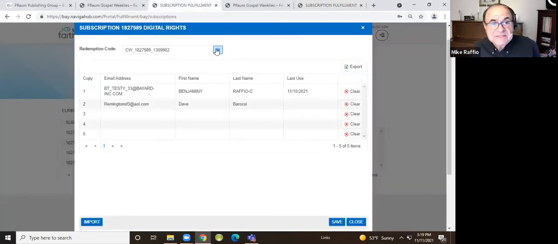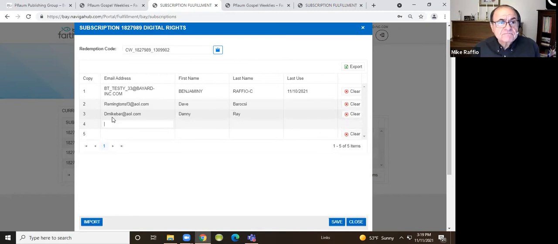So let me explain the second method. What we just did was we entered Dave's email address, his first name and his last name. We could fill this up with the other three students, whoever we want to give this to, okay? And those people would have access. We could also, in many cases, you're going to have more than 5.